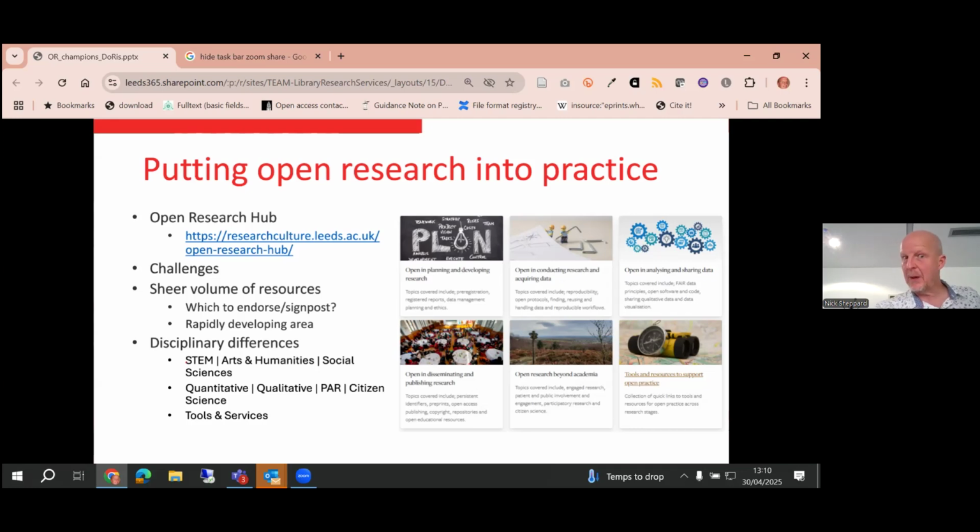Things like Octopus, you may or may not have heard of, which is another tool for open research. And then the other thing that's perhaps particularly relevant today is the challenge around disciplinary differences, which is one of the motivations behind the Open Research Champions project with DoRIs in the context of their expertise in their disciplines, because